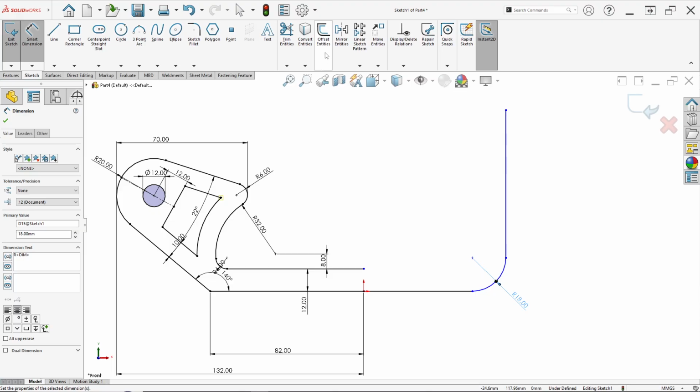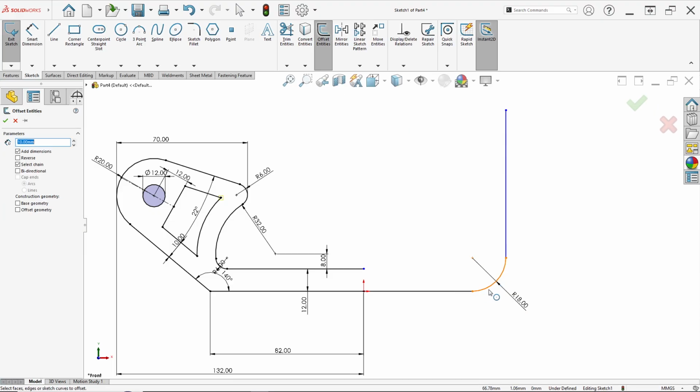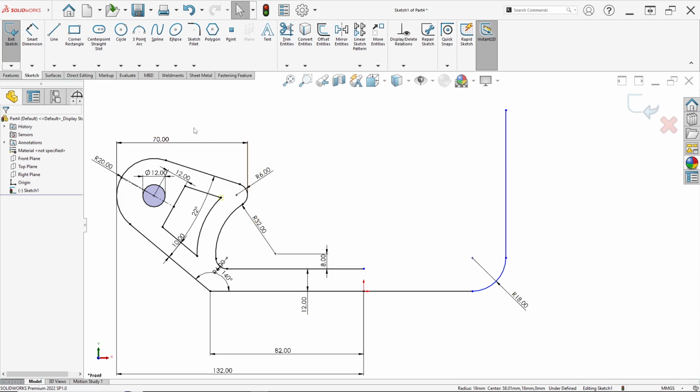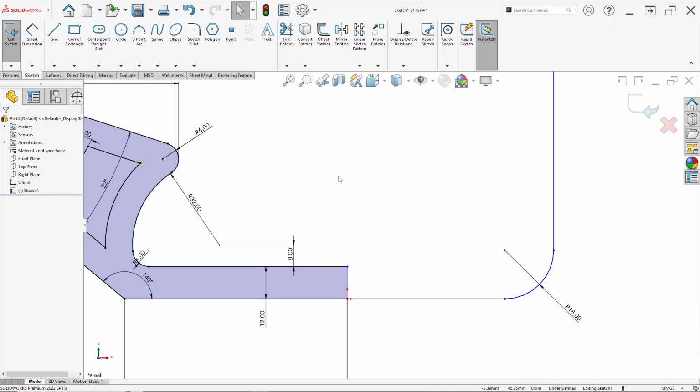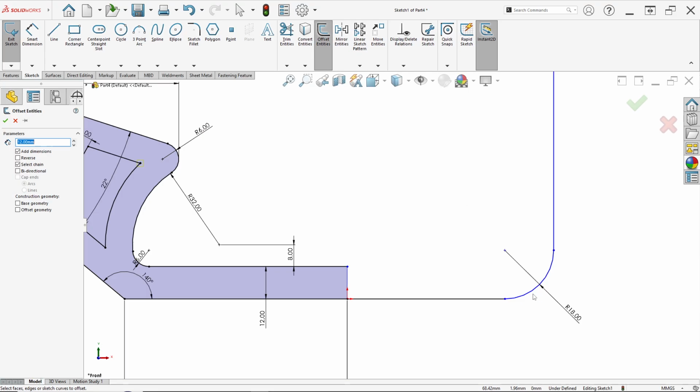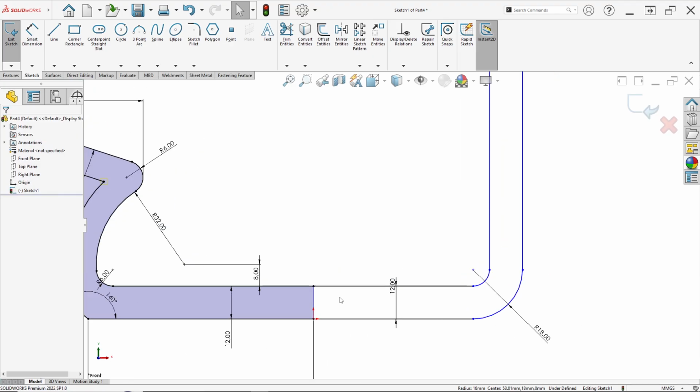And we can mirror and offset entities for this line, 12 millimeter here. Sorry. Before we mirror, we need to make a line here, this to this. And here we can mirror entities for this line at 12 millimeter, and for the direction, again offset, check reverse and click OK. Like this.